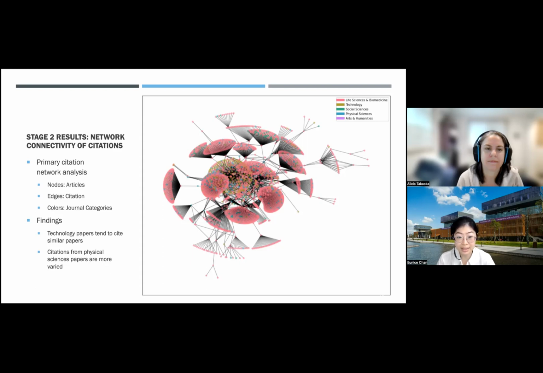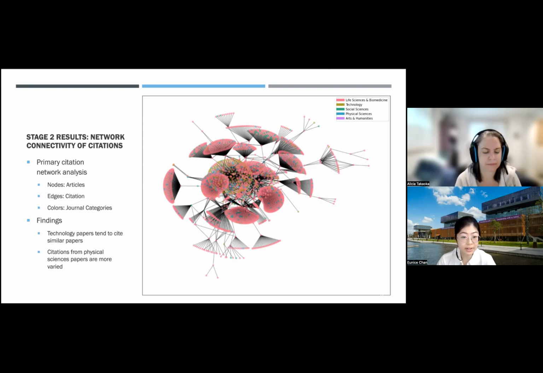We can see from this clustering that technology papers usually cite similar papers. I guess I don't have the annotation tool, that's fine, but you can see that in the middle there is a clustering of the olive color, which represents technology, and they all stem from just one paper. Whereas the rest of the categories, apart from life sciences and biomedicine, such as social sciences and physical sciences, tend to cite a varied number of journals. Additionally, as I mentioned earlier, life sciences and biomedicine is such a big field